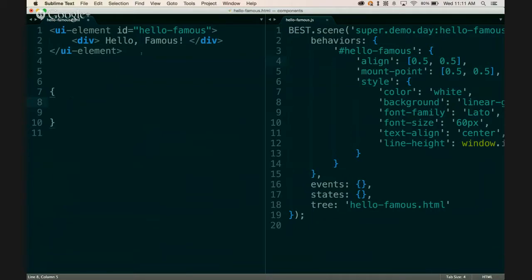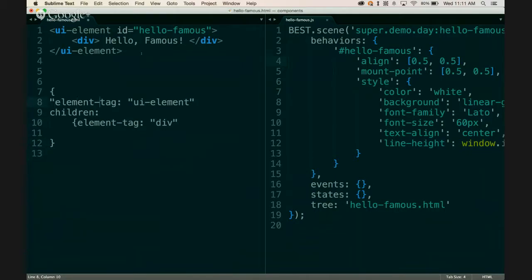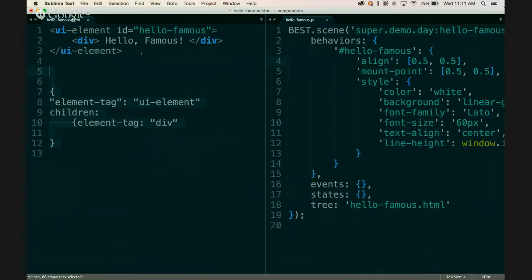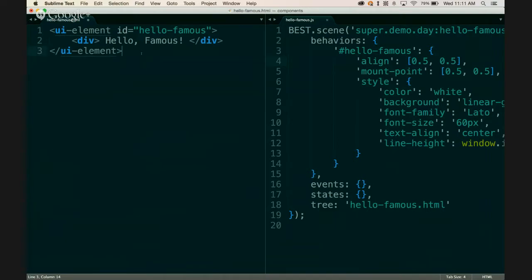You could imagine having an element tag, UI element, children, element tag div, right? You can imagine a JSON schema that is equivalent with HTML, and is a means of representing it, without the hyphens. Without the hyphens, yeah. Or with strings, I suppose. Yes, you could do it that way. Yes, for sure. So you can imagine a two-way compatible tree format there, right? Yeah. Okay, so we chose to represent this tree using HTML